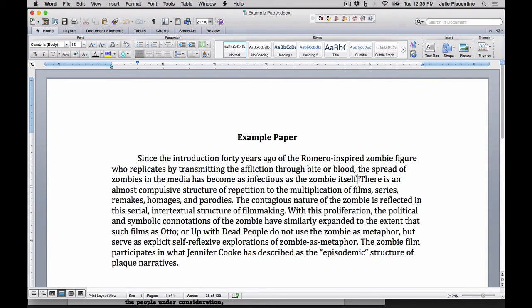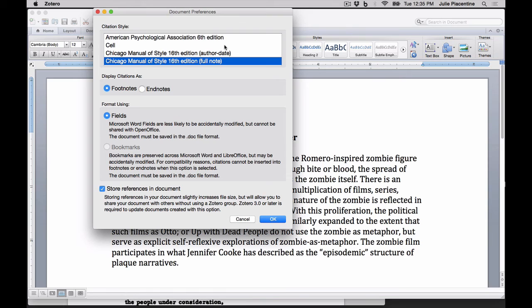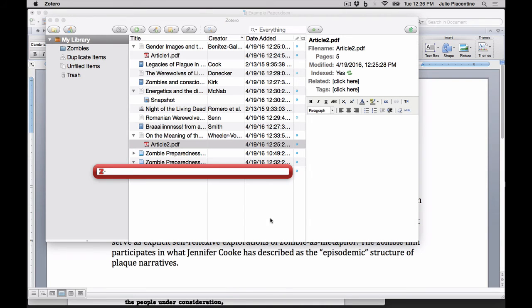So again, my cursor is placed at the point in the text where I want my first footnote to appear, and in the Zotero toolbar, I'll click to insert a citation. But before Zotero will let me do that, first it asks which citation style I'll be using in this document. In this case, I'll use the Chicago Manual Style 16th edition Full Note. Full Note refers in Zotero to what we typically think of as Chicago style, the footnoted style. I'll keep the default set, click OK, and then I'll search for the citation in my Zotero library that I wish to insert at this point.